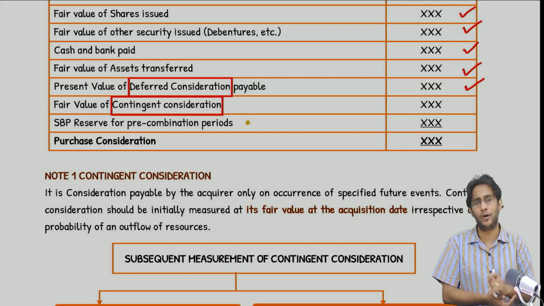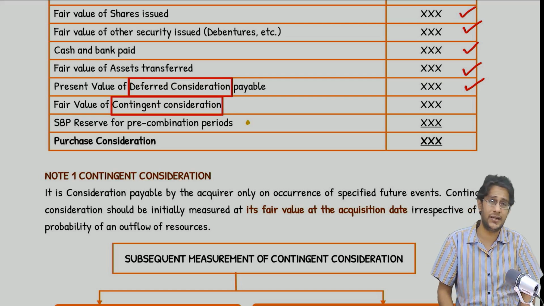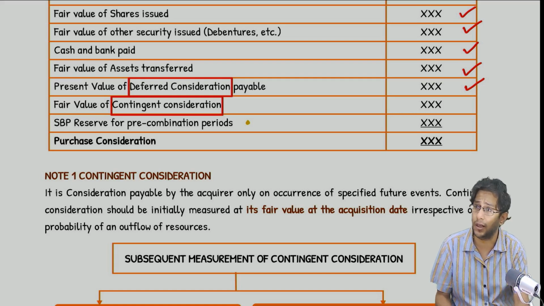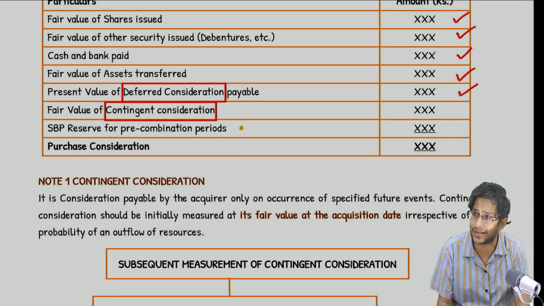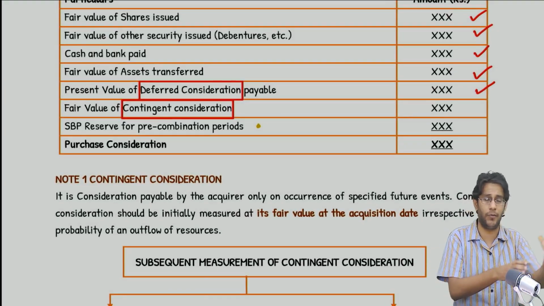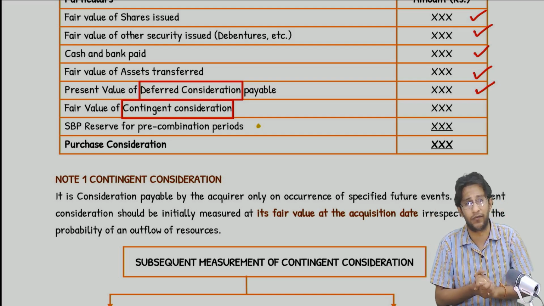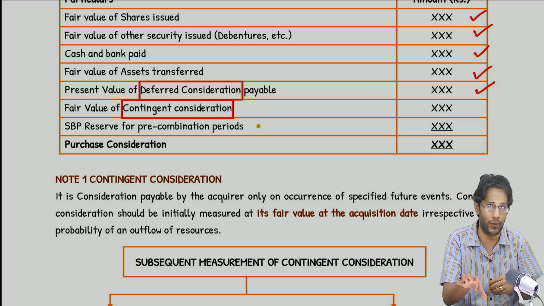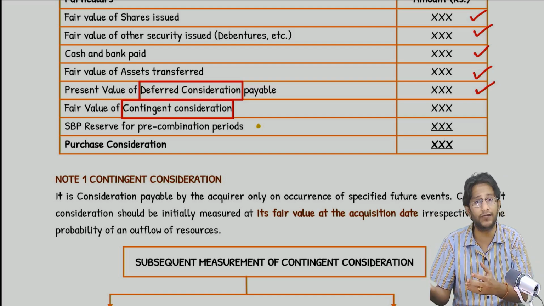So in the process of negotiations, what happens, sir? The seller company will always try to extract more consideration. The buying company, purchasing company, will try to pay less consideration. So the selling company says, no sir, we started a new vertical here, this development we have done, because of that in future higher profits will come, so pay more PC. The purchasing company will say, I will pay you more PC if that division really gives me profits in future.